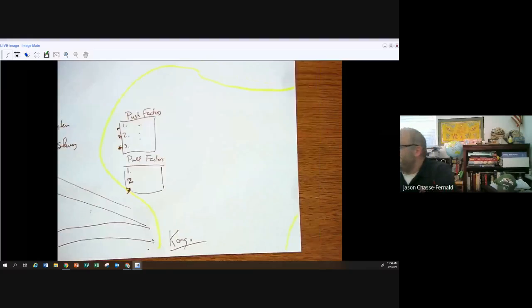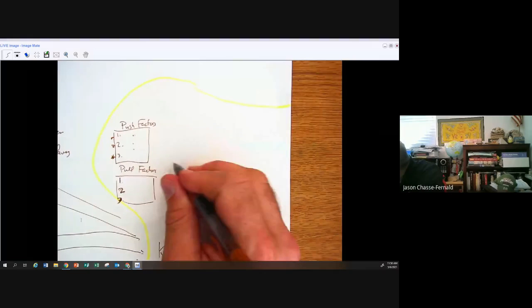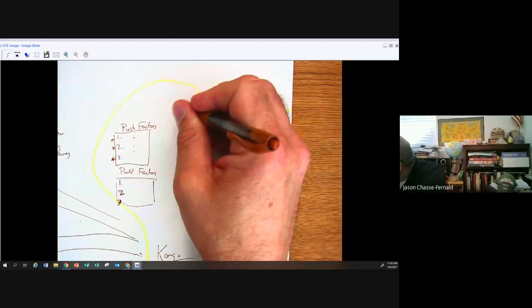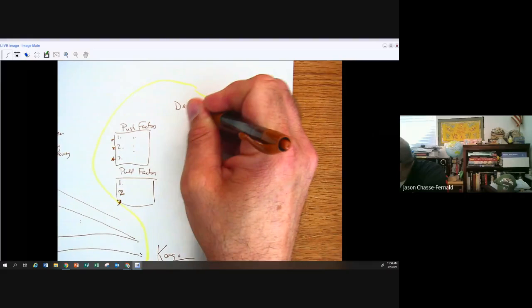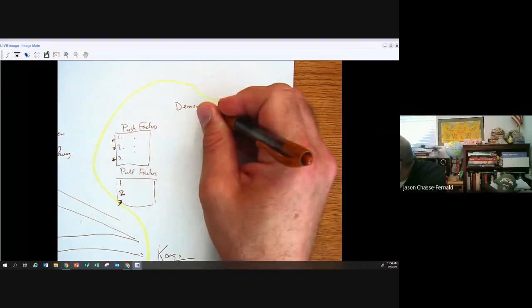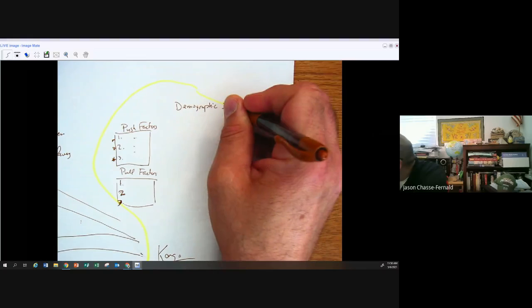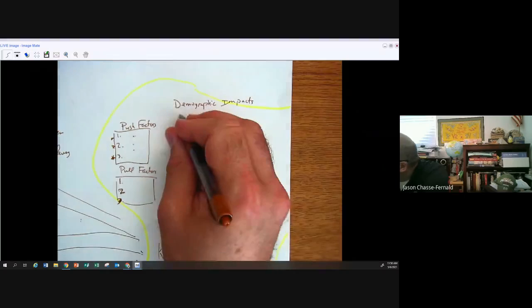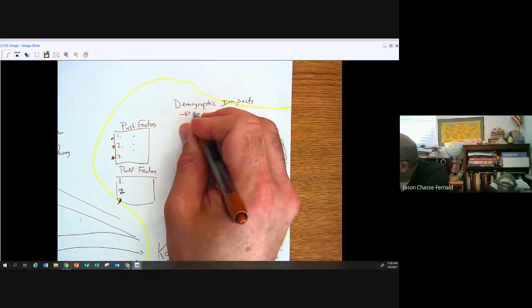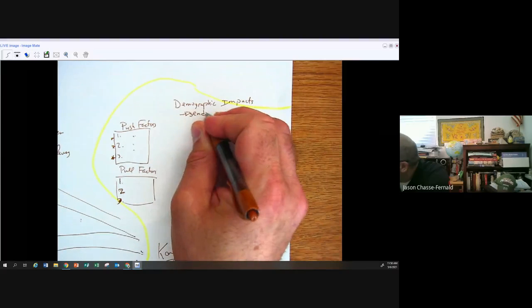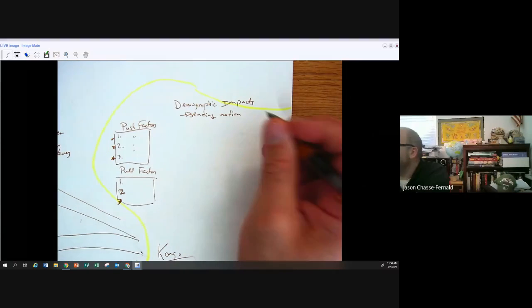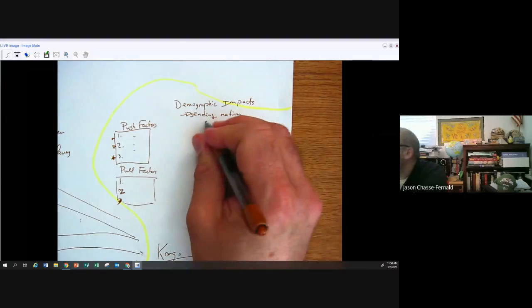All right, so maybe you can take this and look at the demographic effects. The demographic impacts, let's just put it that way. Maybe on the sending countries, the sending nations. So talk about things like